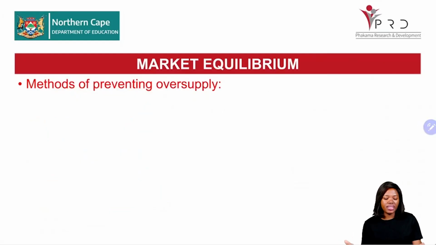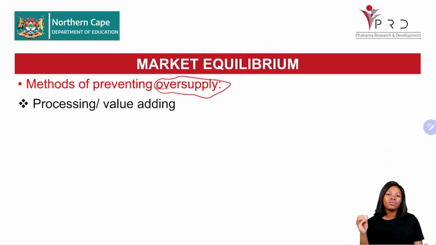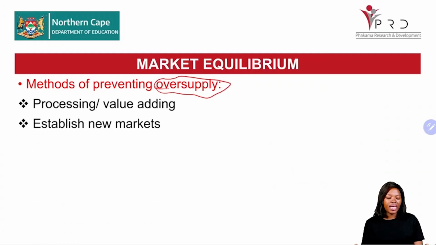Now, after experiencing the oversupply, what are the methods or ways of overcoming or preventing the oversupply? Firstly, it is to communicate. Consumers must communicate with the producers, right? And then process or add value to the product by processing it, by turning maize into maize meal, right? Secondly, we can establish new markets where we can look for other target markets or other consumers to sell to,